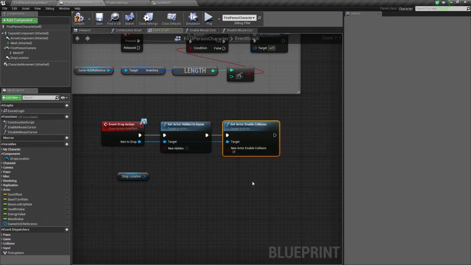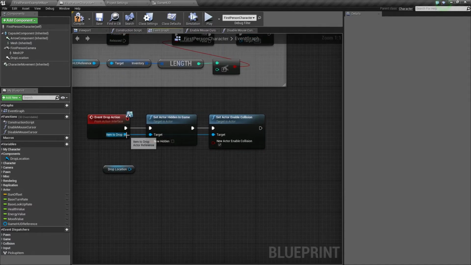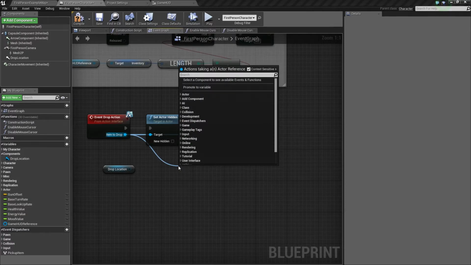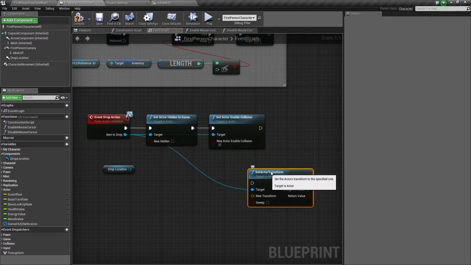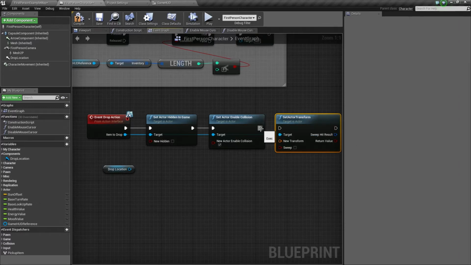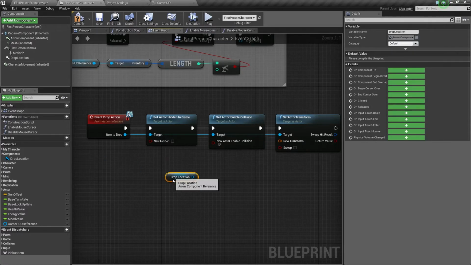And then finally, we need to set the transform of this item that we are dropping. Where are we placing it in the world? So to get that, let's drag off the item to drop. Set actor transform. All the way down at the bottom here, set actor transform. Select that. Let's move this over and connect that to that. You can see it's asking for the new transform of where we want to set this. That's where we're going to use our drop location.